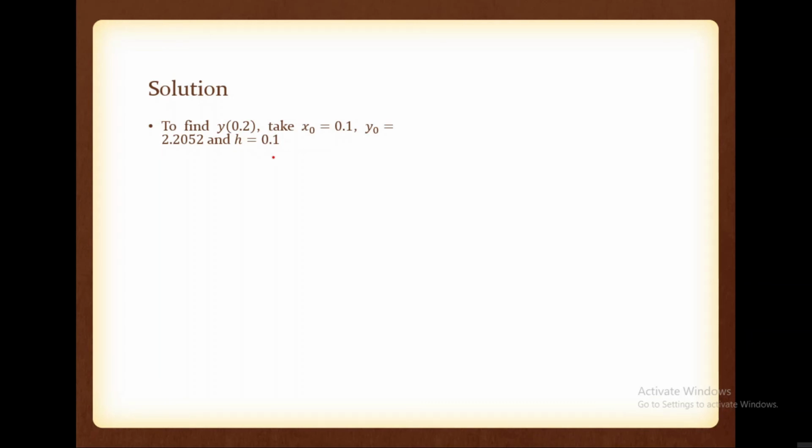So find the value of y1, because here we are taking y0 corresponding to x0 equal to 0.1. So y1 is corresponding to x1 equal to x0 plus h, that is 0.1 plus 0.1, 0.2. So find y1 using the Runge-Kutta method of fourth order and give me the answer in WhatsApp.